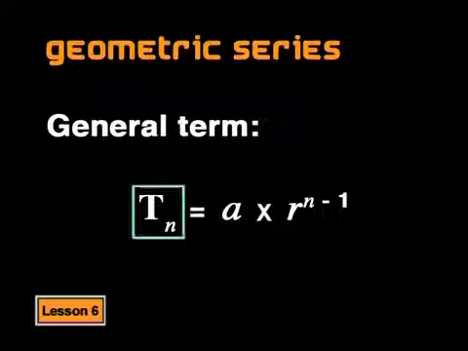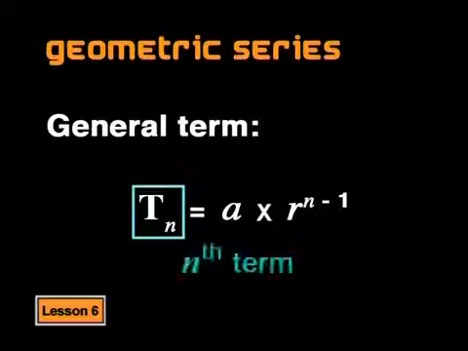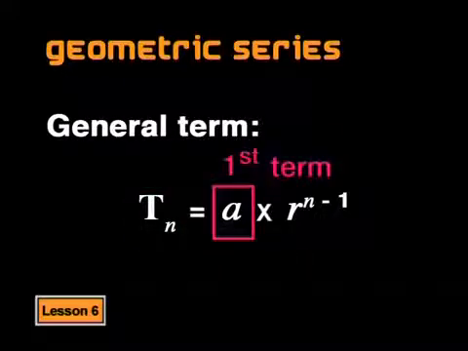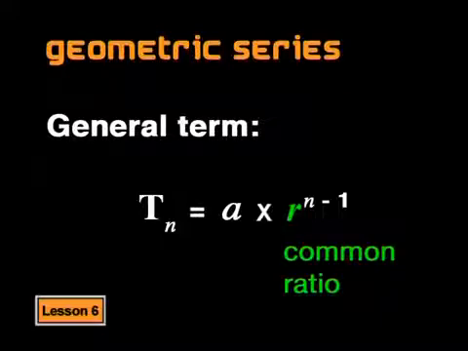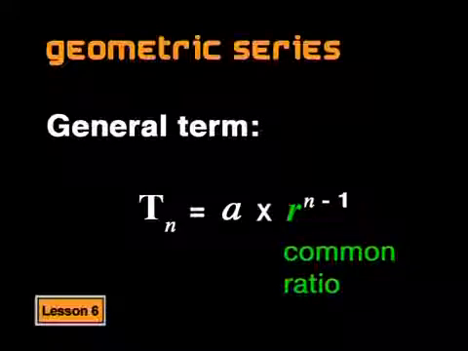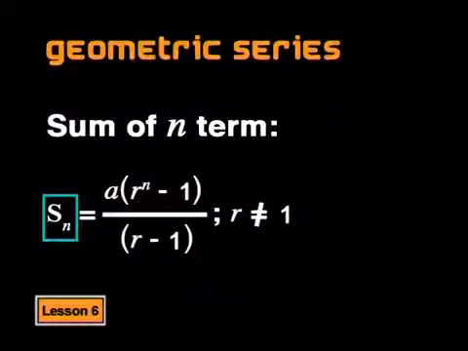We also established that the general term of a geometric sequence or of a geometric series is given by the formula t subscript n, the nth term, equals the first term a multiplied by r to the power of n minus 1, where r is the common ratio. Then we looked at the sum of n terms in a geometric sequence. We found that this sum is given by the formula s subscript n, the sum of n terms,